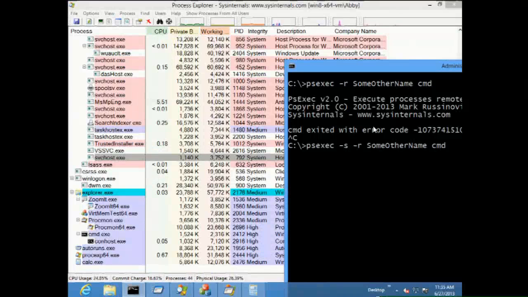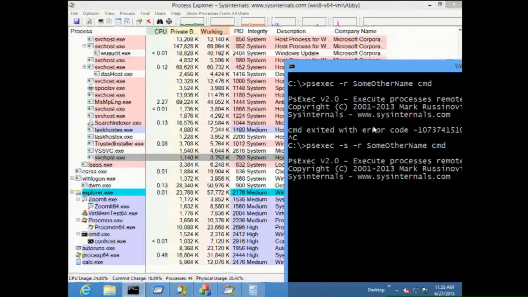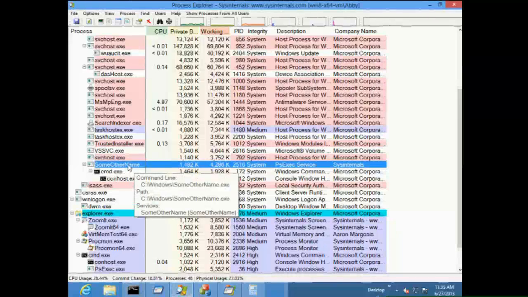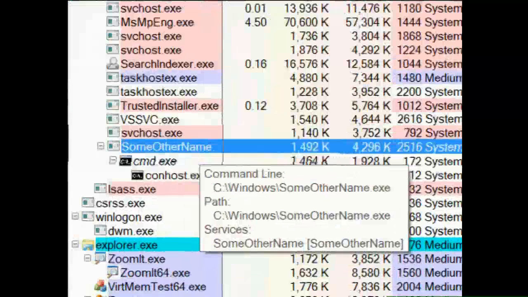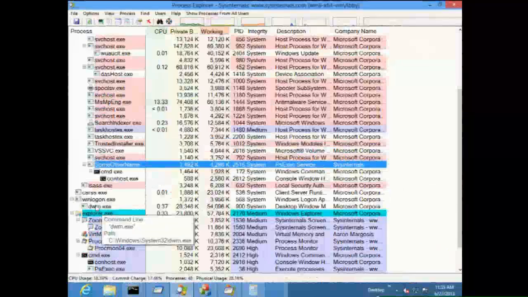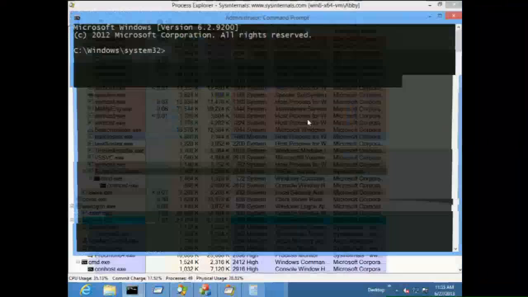No. Let's do that again. psexec -s, run as local system, -r. Okay, so now the service is called someothername.exe. The service name is some other name. So what that should allow me